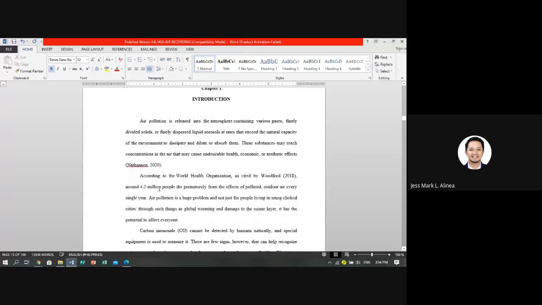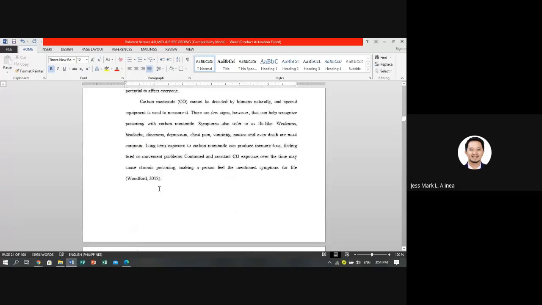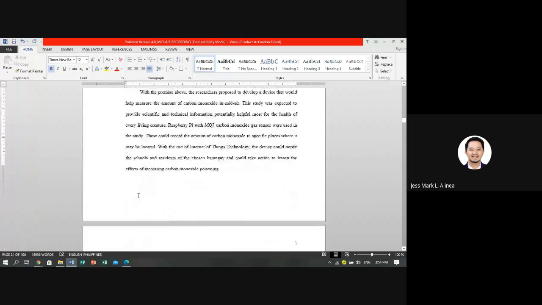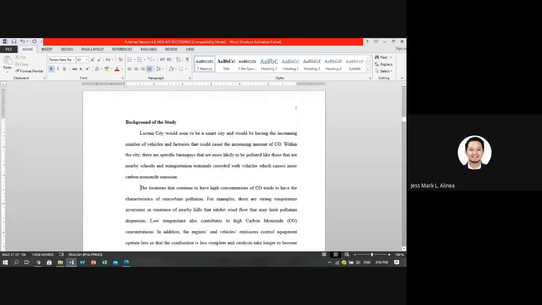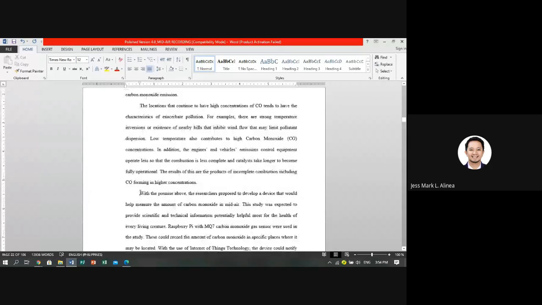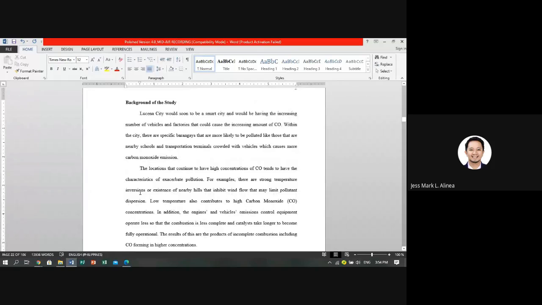So, ang ating introduction, usually, ang nire-require ko is 1 page. Isang buong page. Then, background of the study. Ang background of the study ay may mga parts. Kung anong laman ng paragraph 1, anong laman ng paragraph 2, anong laman ng paragraph 3. Ito ay i-detail ko naman sa next na mga modules. Dito, binibigyan ng substance kung gaano kabigat ang dahilan kung bakit ka magte-take ng study.